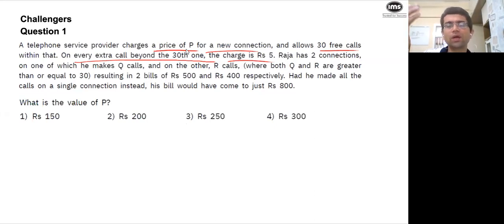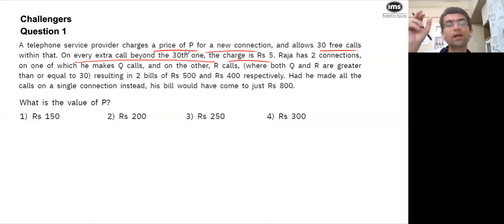Certain calls, now calls are free. But for data, you can say certain Mbps of data is free. After that, they will start charging, say, 2 rupees or 3 rupees per certain bytes, megabytes, or whatever, some relationships. Raja has 2 connections, one of which he makes Q calls, the other R calls, where